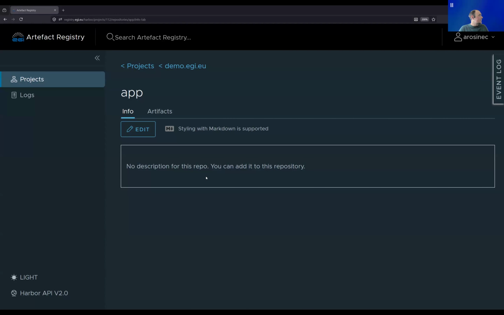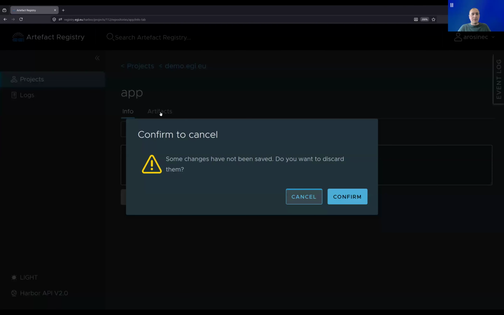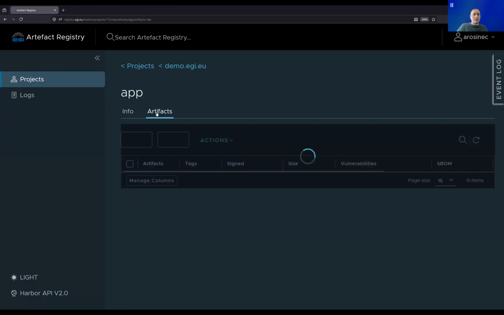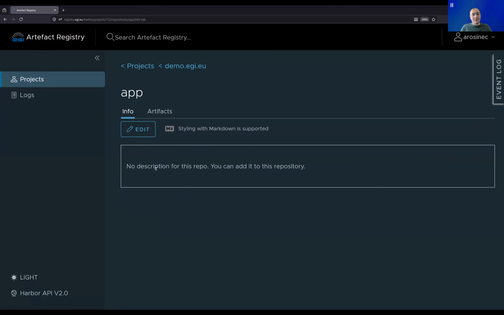Yeah, and actually the Artifact Registry service supports you to have this markdown description of the repository for the software and also the metadata. So of course you can do it for the new images. But yeah, it's an interesting thing that we would like as well to describe the older software, because